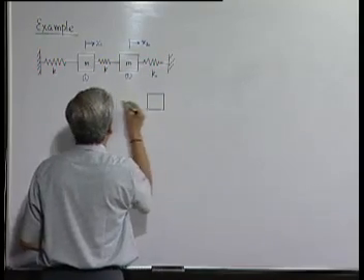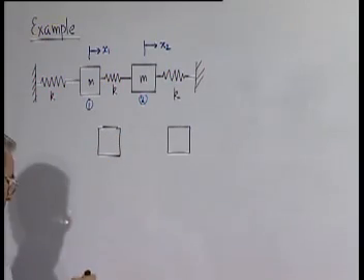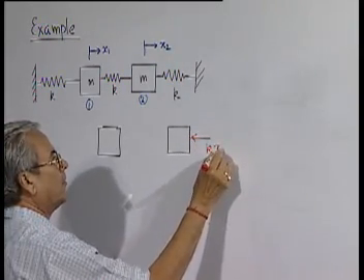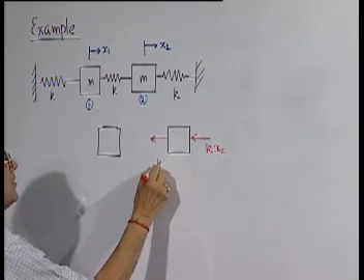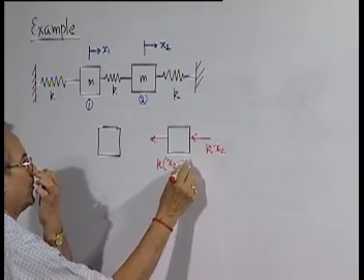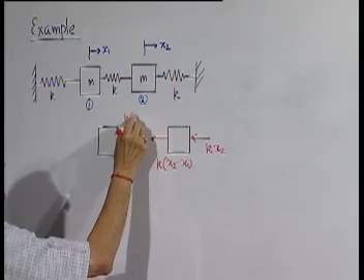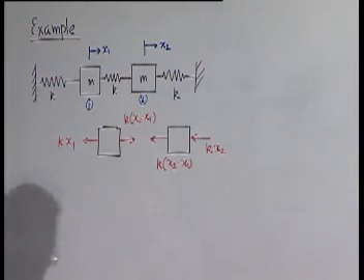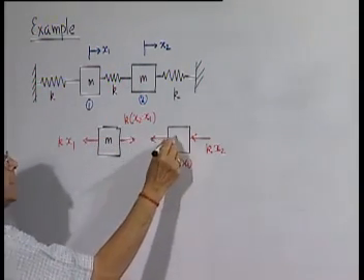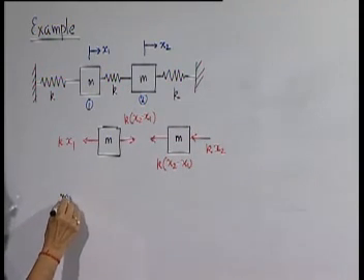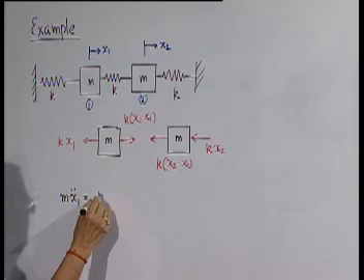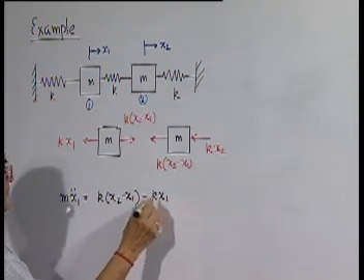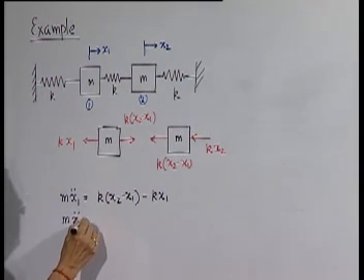So, it is a system with 2 blocks and 3 springs, they are all identical. This is the first body, this is the second body, and their displacements are represented with the help of x1 and x2. The equations of motion will be derived from the free body diagram. So, this being the free body diagram, both are identical masses. The equations of motion can be written as